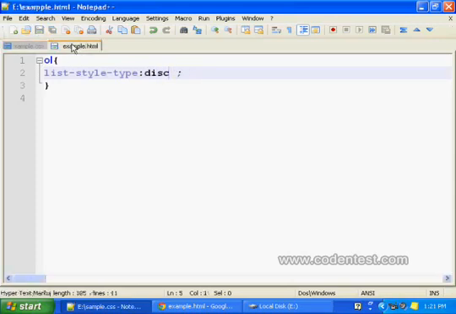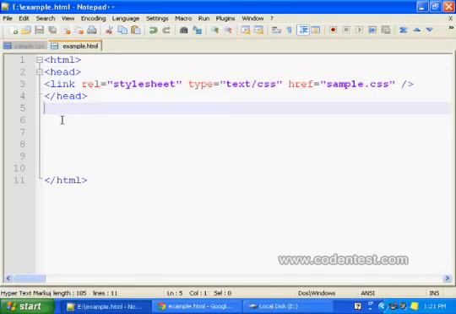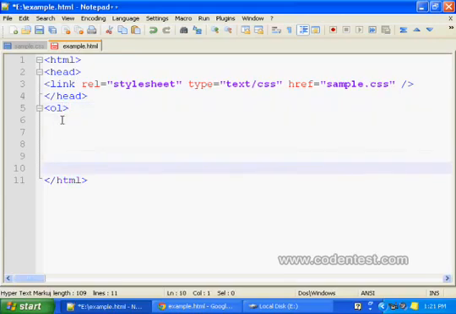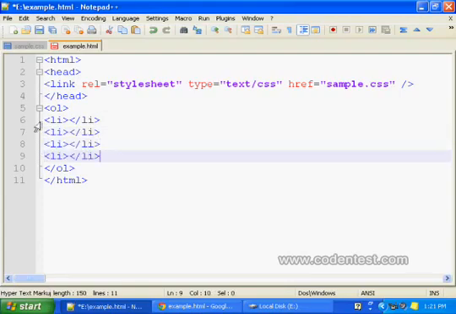And in example.html, let's create an ordered list. Let's close that. li, okay, so I'll just copy this and paste.